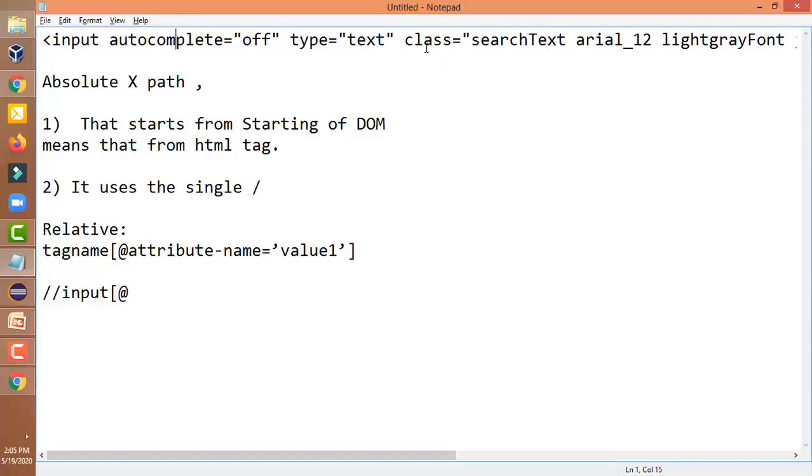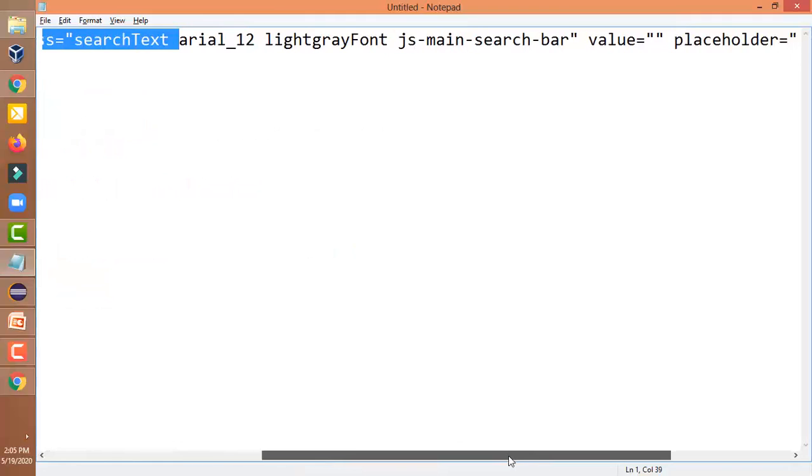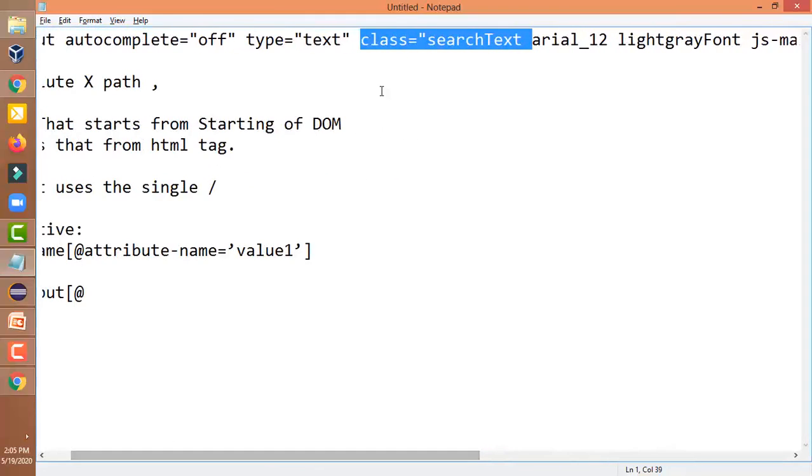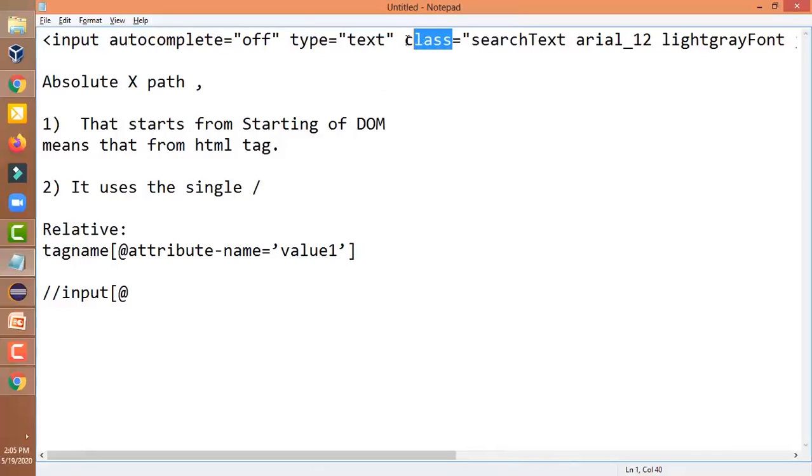The attribute can be class. Here we can use the class as an attribute. So just copy the class value, is equal to, and in single quotes we have to put the value here.